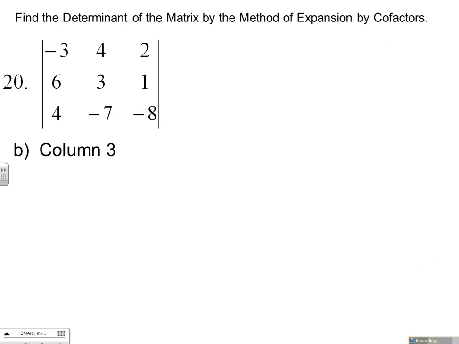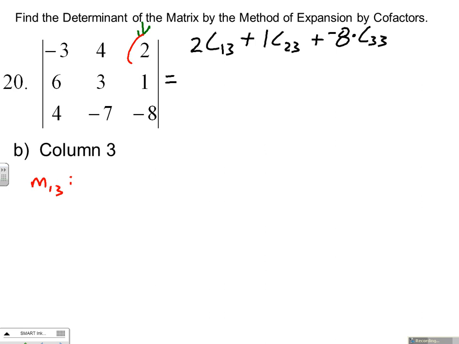Okay, so same matrix. Now we are supposed to be using column 3. So by column 3, the determinant would be 2 times cofactor 1, 3, first row, third column, plus 1 times its cofactor, that's cofactor 2, 3, plus negative 8 times its cofactor, that's cofactor 3, 3. So what do we need? We need minor 1, 3 to find cofactor 1, 3. Minor 1, 3, here's 1, 3 right here. We need the determinant